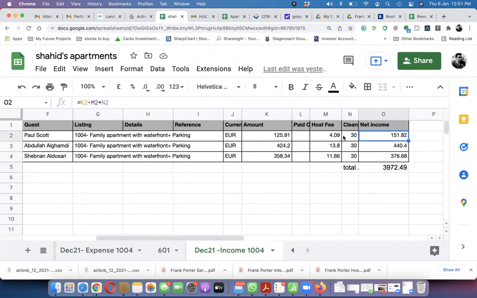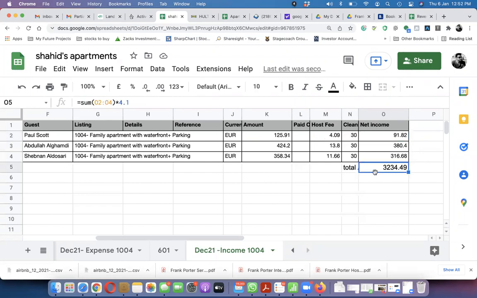So what I did, I subtracted the host fee. I'm going to subtract the cleaning fee here as well, because our cleaning fee is different. All right. So we are going to charge cleaning separately, 200 dirham. Here we need to reduce the cleaning fee everywhere. So what I did, I made it like this. So here you go. This is the amount we received. We reduced the Airbnb host fee, we removed the cleaning fee,